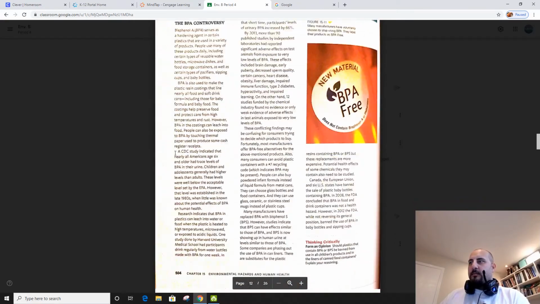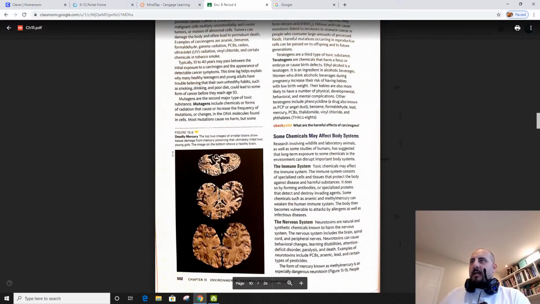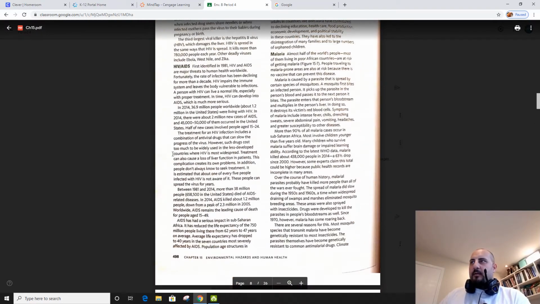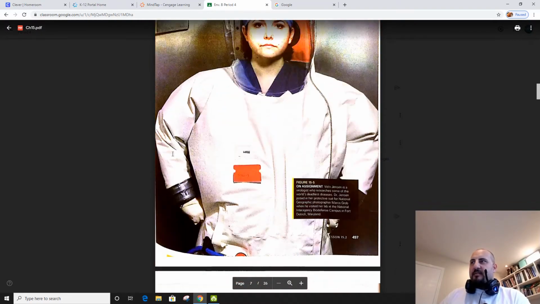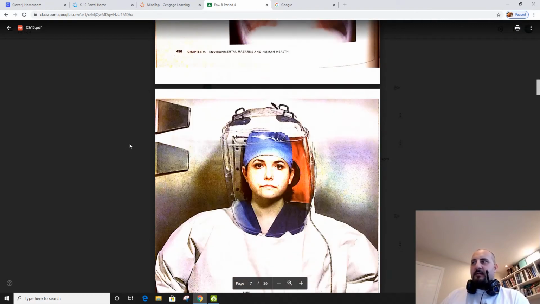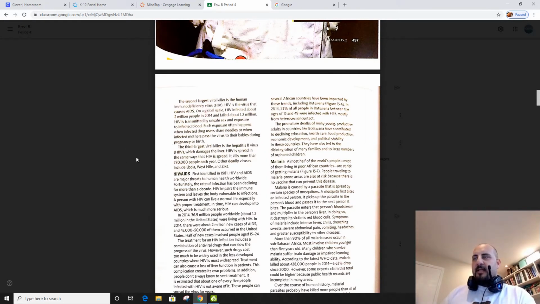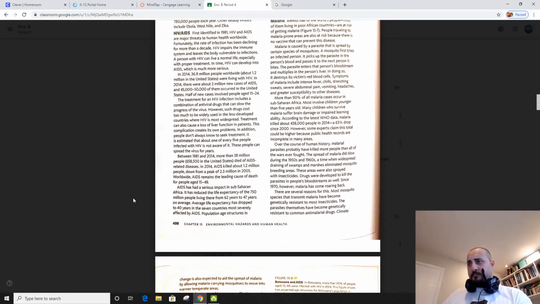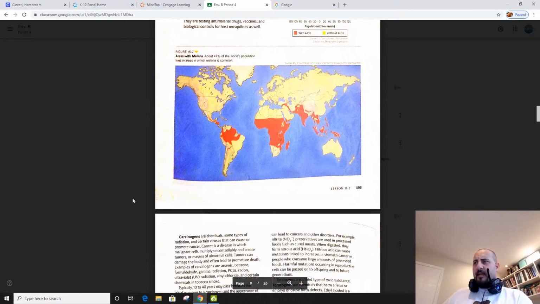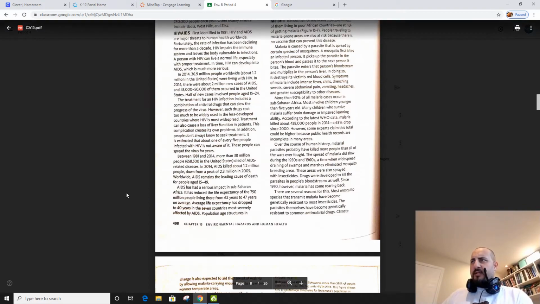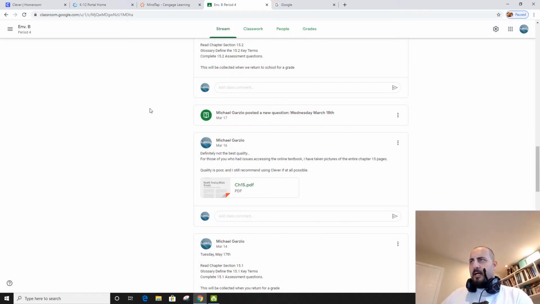with your phone. All right, and we're actually going to get into section 15.3, and if you notice, I must have forgotten 15.3, so I apologize for that part, but I'm going to show you how to get into there through Clever as well for the vocab, and then we're continuing with different types of